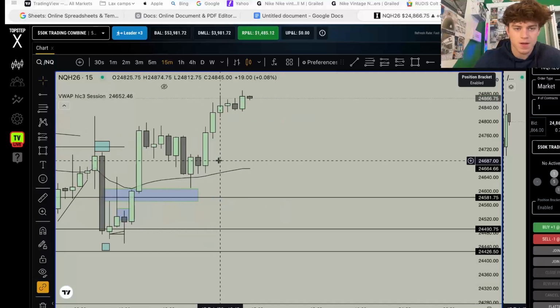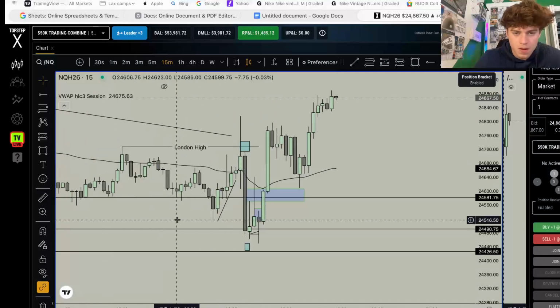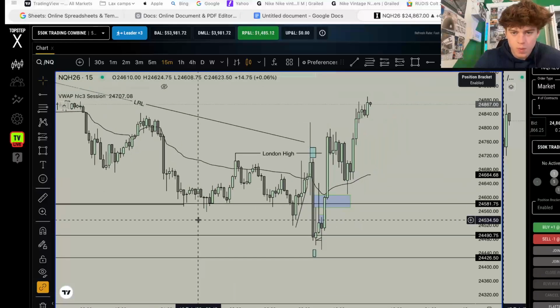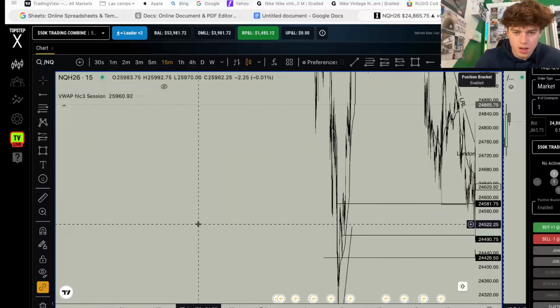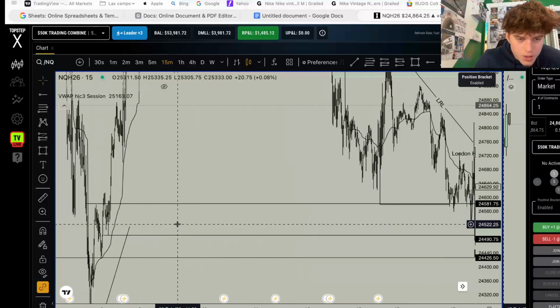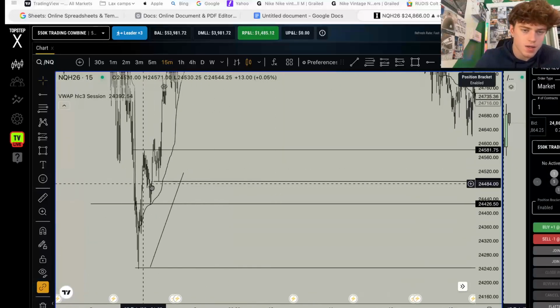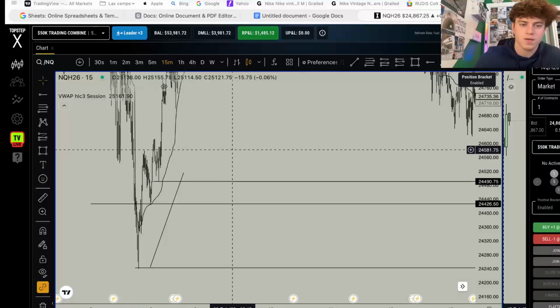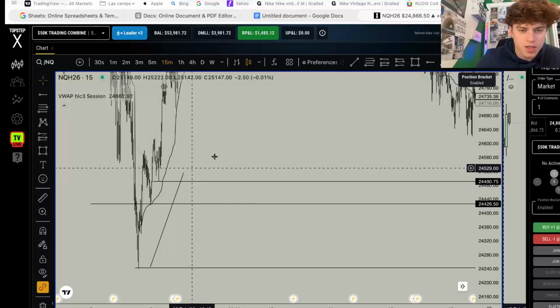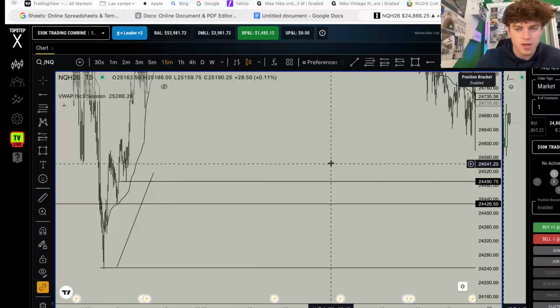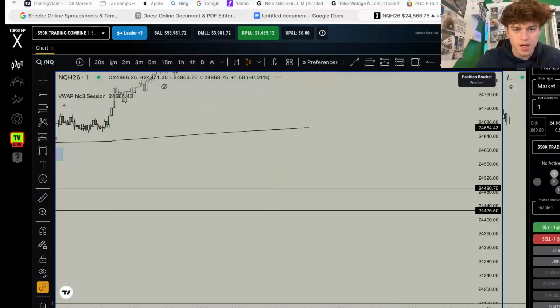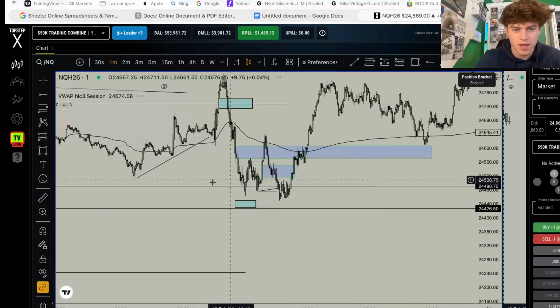On the 15-minute, hold on, I tripped myself up. Okay, so this low right here, we already did mark that out, but I accidentally looked at the wrong part of the chart. Forget this one. This one also has an unfilled 15-minute gap underneath this. So at a time like 10 o'clock, you could look for that to get taken out.